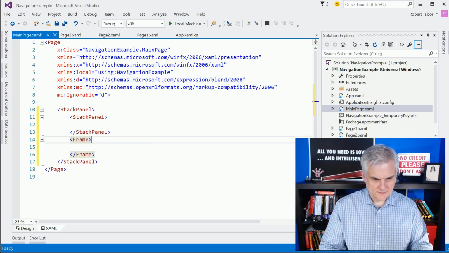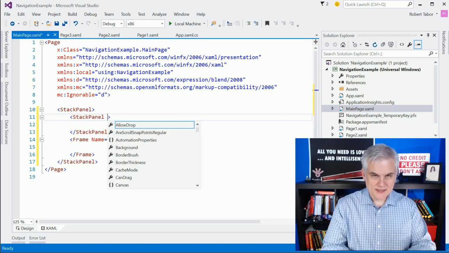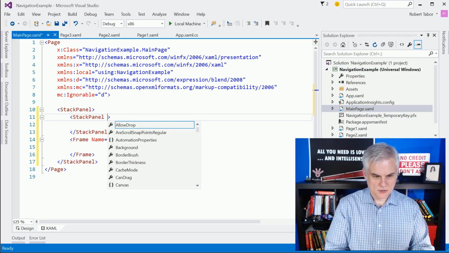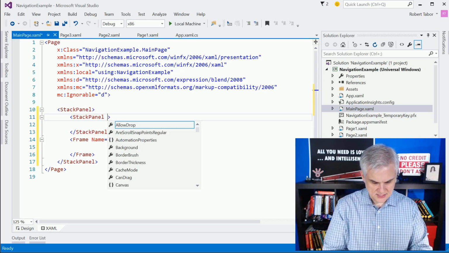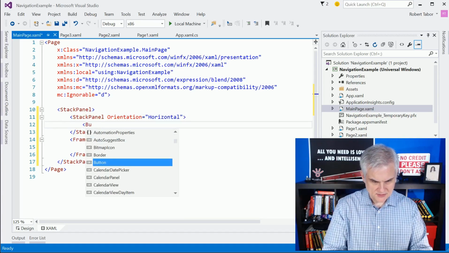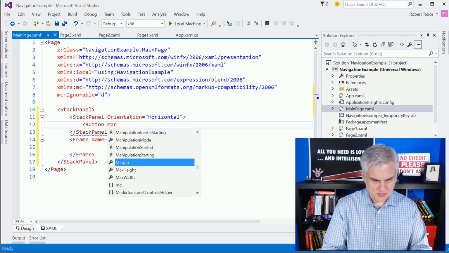And I'm going to give the frame a name so I can access it programmatically. I'm going to call it myFrame. We'll deal with that in just a little bit. This stack panel, I want to make into a horizontal button bar. So what I'm going to do is set the orientation equal to horizontal, and I'm going to create 3 buttons, and I'll set the margin in between them